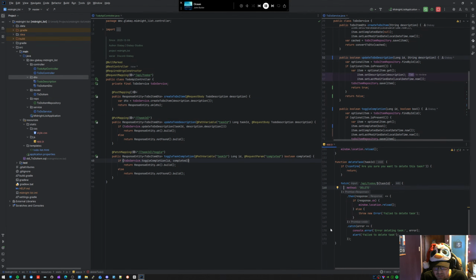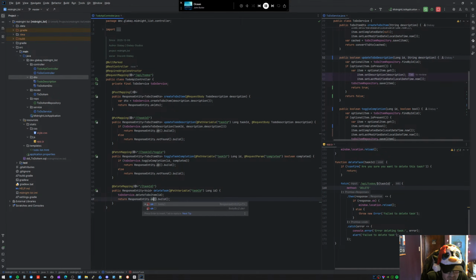Okay, so now we need to delete a task. So this is again going to be coming down, and look at that, it knows what we want. So this is to do with a task, okay, with the path variable of ID by ID, go into here, delete the ID, boom, and we are golden. And this is going to return no content. Okay, I want to return okay because we deleted it. Right. All right, so that should wire up